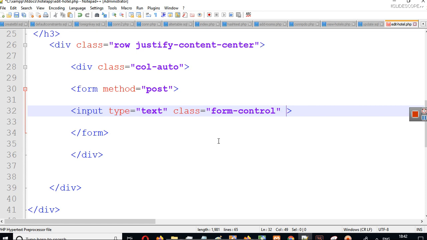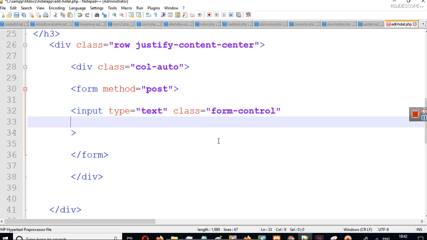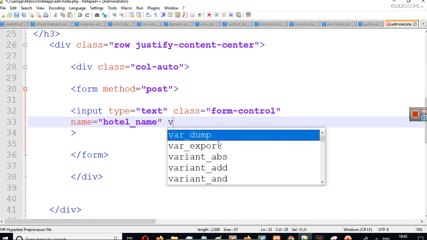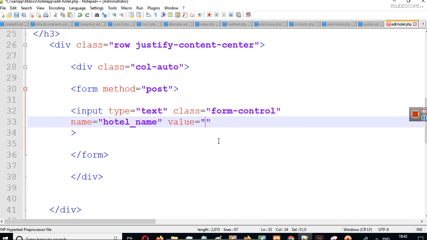Here we have to use some attributes with every input. One is what type of input it is going to be, then class, and then third is the name of it. So name will be hotel name, because the first thing that we want users to edit is hotel name, and then the value. This is an important thing here. We will fill the value here also.